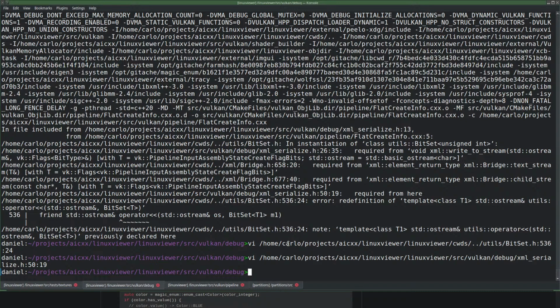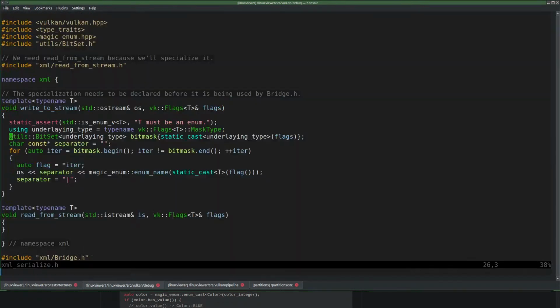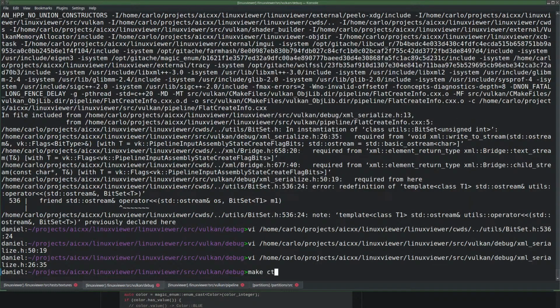Object flags. Required. I'm not seeing it.